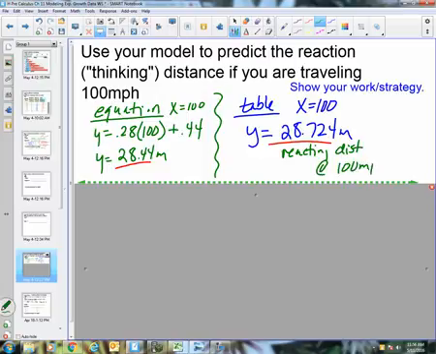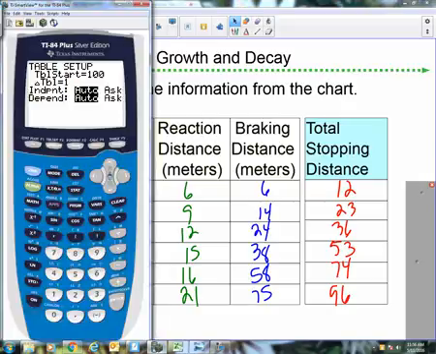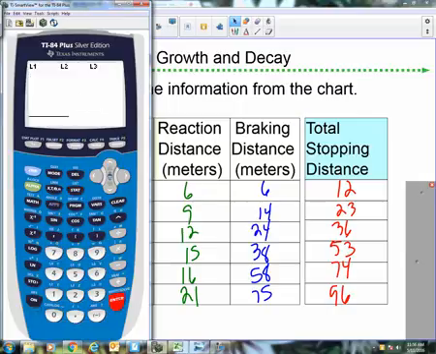Okay, now let's go back and take a look at the other model. I want to compare this, and this is kind of interesting. I want you to go back now and do braking distance. So we're going to look at that graph instead. So let's talk about the braking distance. So when we look at, instead, go to your stat edit and put in braking distance for your list 2,